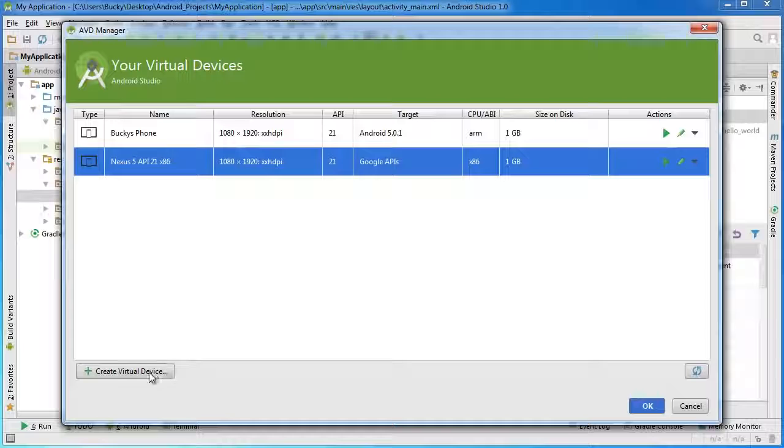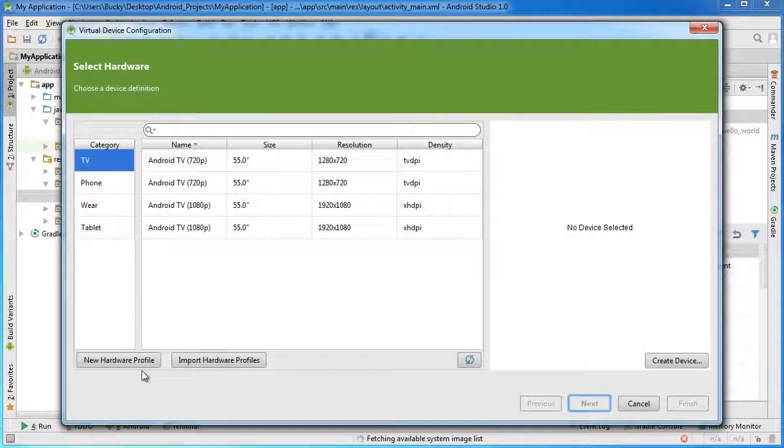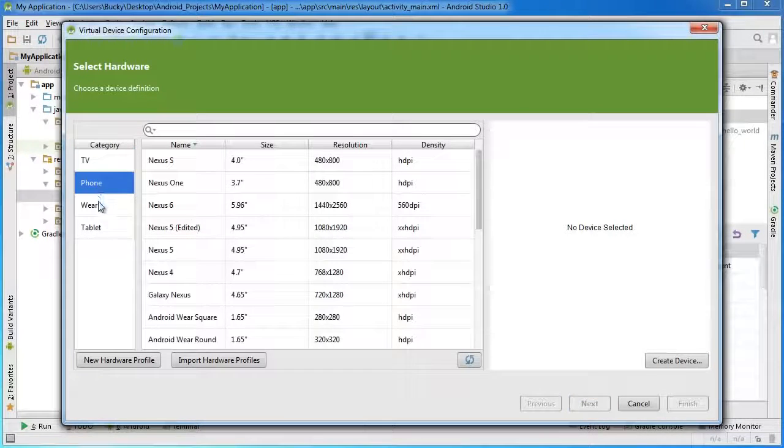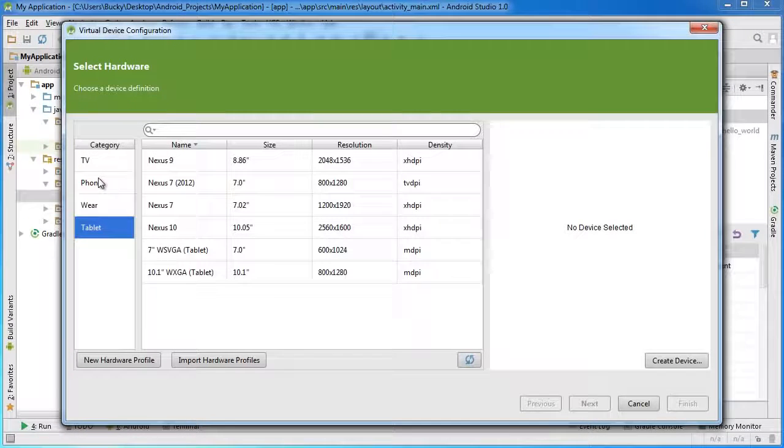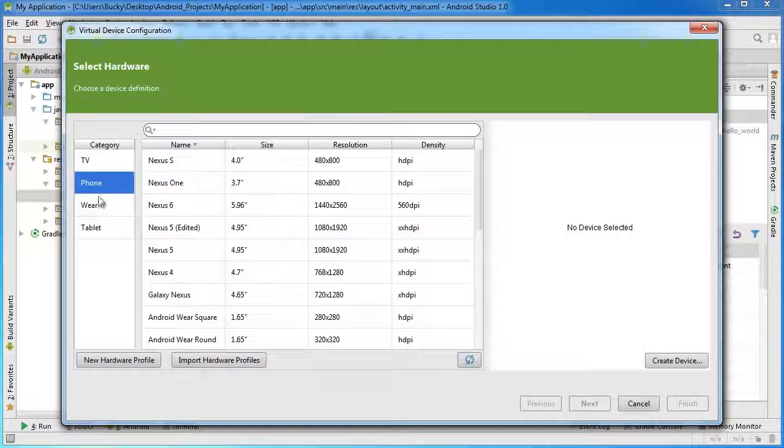So first of all, go down here to this little button and click Create Virtual Device. Now, of course, the first thing we have to choose is what device do you want to create. Do you want to create a TV, a phone, a wearable, like a watch, or a tablet? Well, I'm just going to go to phone, and then once I click that, I get all of the definitions